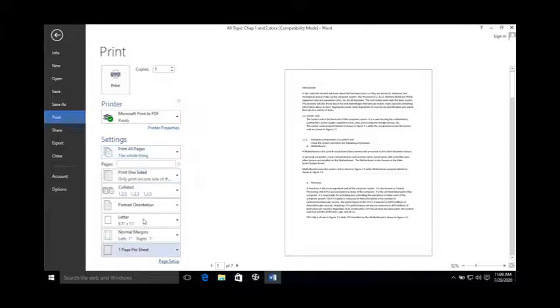Once you have decided all these options, you have specified all these different kinds of options, then you just need to click on the print button and the printer will take the printout of your document. But make sure that your printer is properly connected with your laptop or computer, its driver is properly installed in your computer, and the printer is switched on.